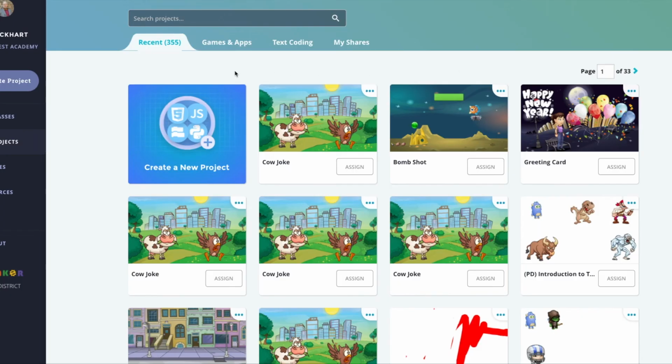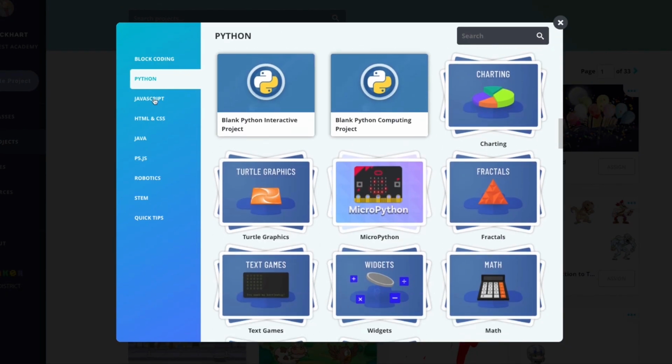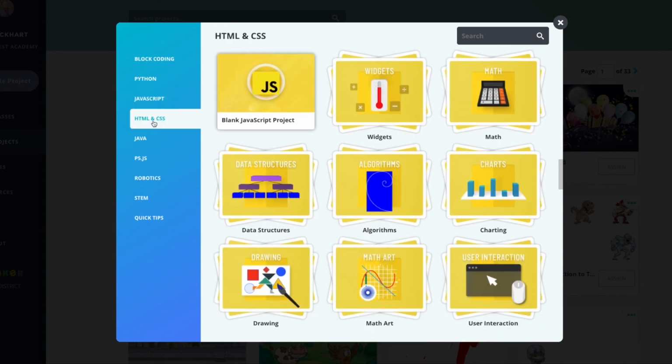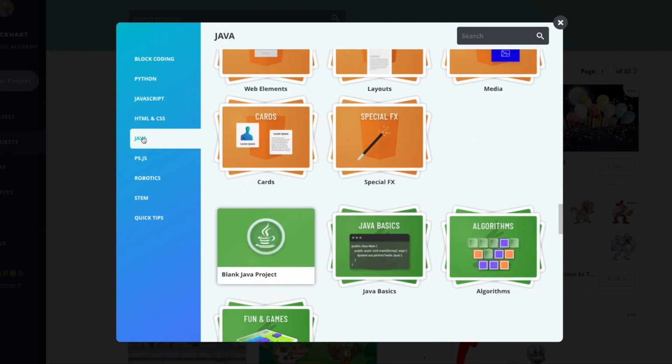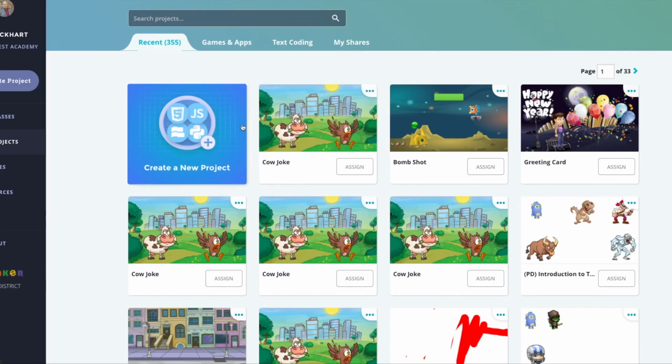And that personalization means that I can do this at any language level, because besides block coding, there are also Python templates here, JavaScript templates, HTML and CSS templates, Java templates, and even P5.js. The way that I would do it in one of these scripted languages is I'd actually use commenting in that language, like the pound sign in Python, in order to build that project. But assigning it to students is the same thing. I save that project, go to my projects, and I assign. So hopefully that's a little tech tip to help you